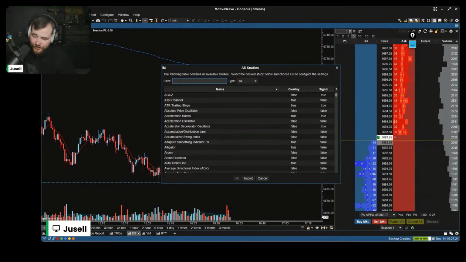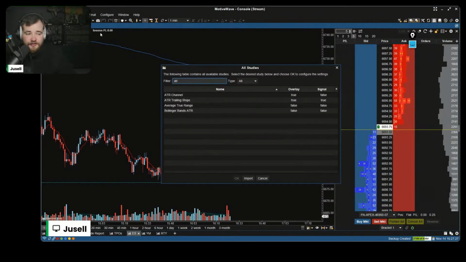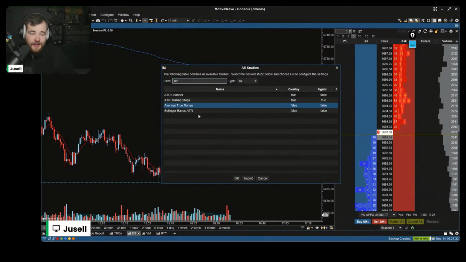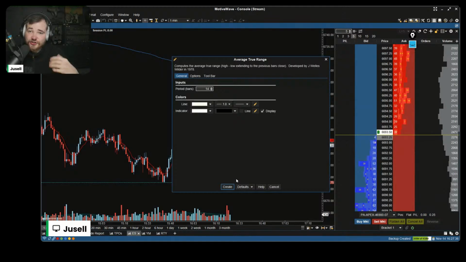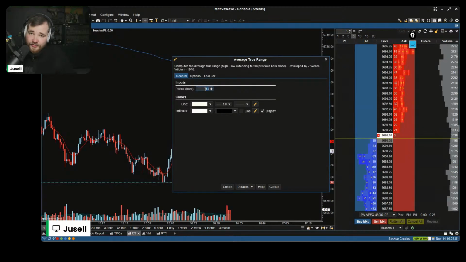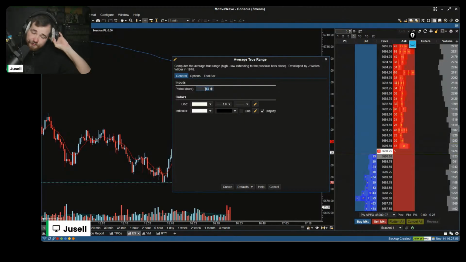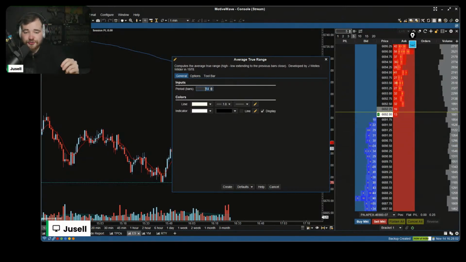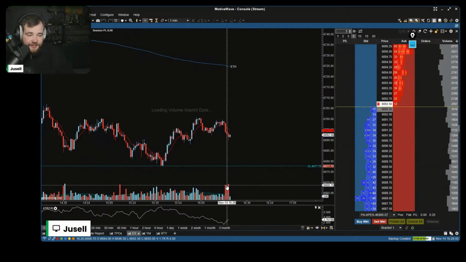So for today's exercise, we need something called the ATR, the average true range. What it basically does is it shows us the average range of each 1 minute candle, and I can put the period to whatever I want. So it takes the average of 14 candles. If I change this to 30, it would take the average of 30 candles, right? So we want to wait a little bit into the open to see what type of rotations we're having today. And then once we have that figured out, we can go in and choose our ATR for the exercise.